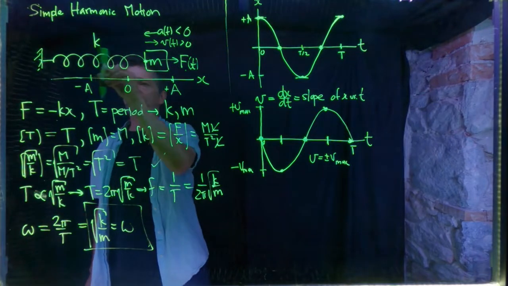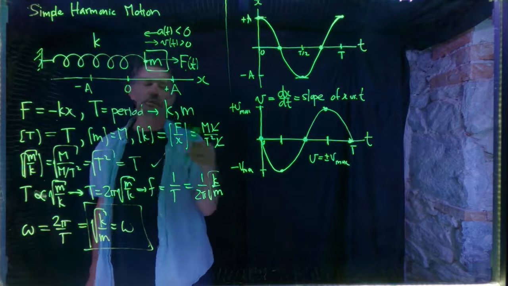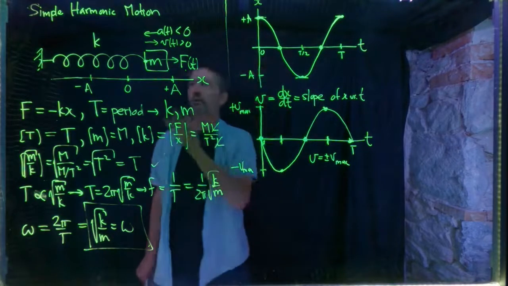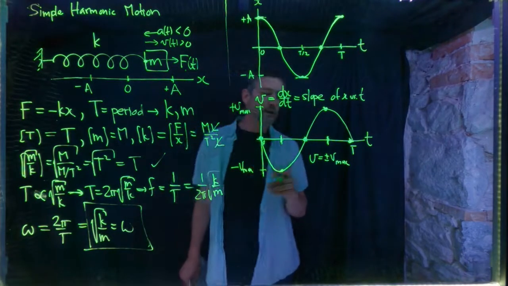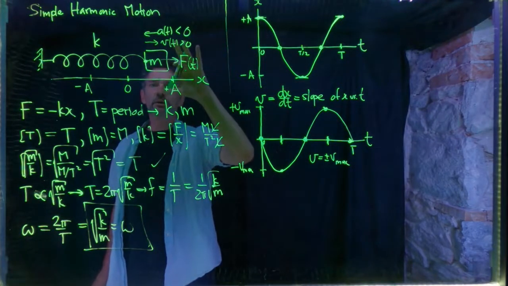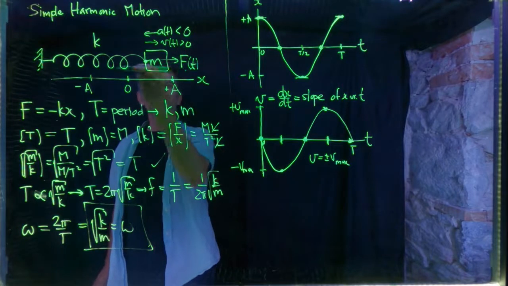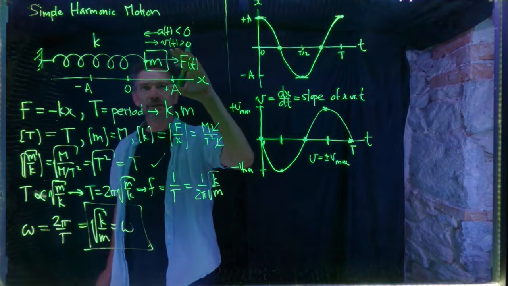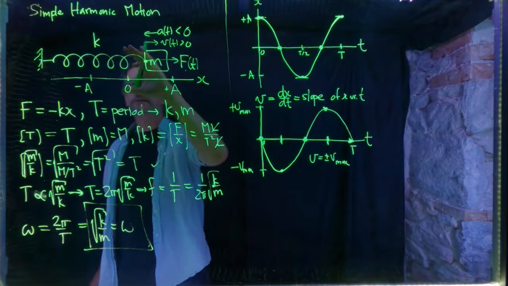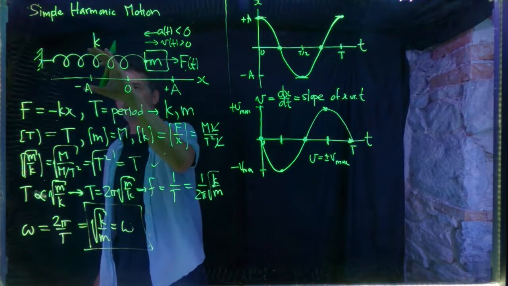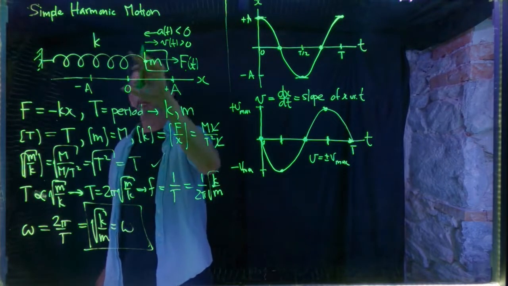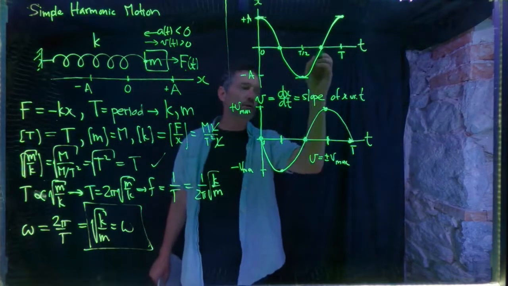This is half period, this is 3/4 period, so 1/4 and 3/4 correspond to the mass passing through x equal to 0, passing through the equilibrium position where the force is 0. And that's where the velocity is maximum. You can see that because if you start here, the velocity is 0, you let go. The spring is stretched. It is exerting a force this way, and so it's increasing the velocity in the negative direction until it passes through the origin, the equilibrium point. Then the spring starts to compress, exerts a force that way, reducing the velocity down to zero again. And so the maximum velocity happens when the mass is passing through the equilibrium position, here and here,